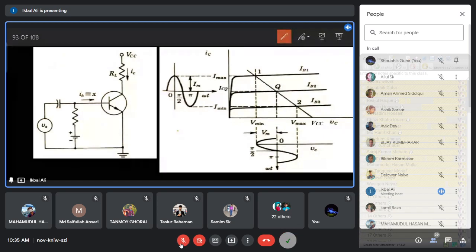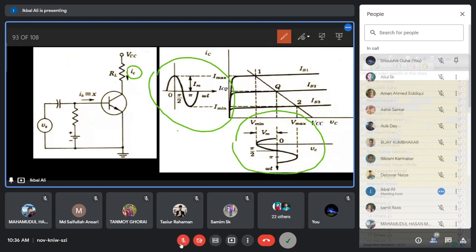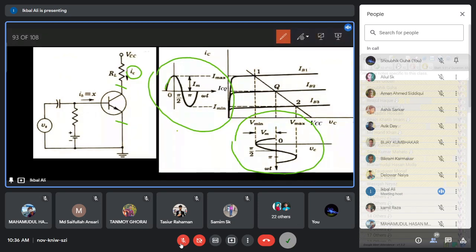Now we have quantified the AC signal. On the input side, whenever you apply a signal, you have this collector current at the output which is actually flowing. So this is the collector current. And this is the output voltage generated between the collector and emitter. So you see that this is the AC collector current flowing through the transistor collector emitter. And this is the collector emitter voltage, AC voltage, generated across the transistor.